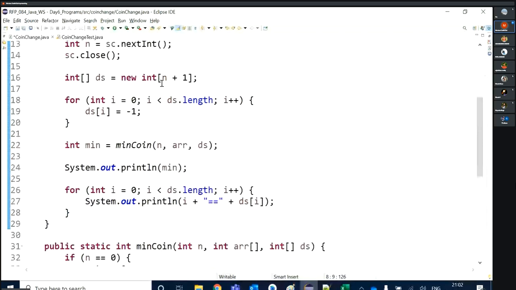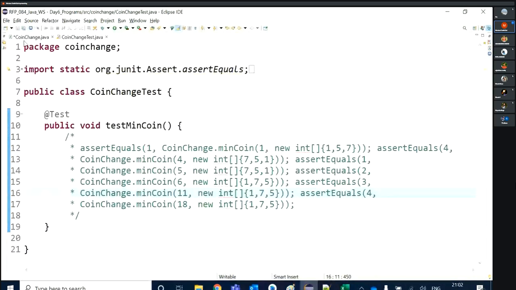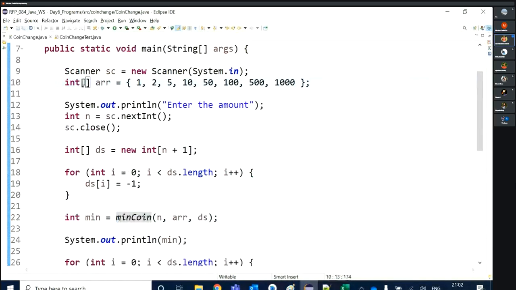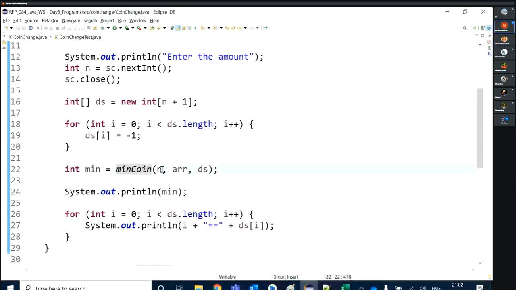See, when I call this method minimum coin of 18, the array of denominations is 1, 5, 7, let's assume, and the ds array is still empty now, all the elements are -1 inside the ds array. Now here I'm calling that method minimum coin.